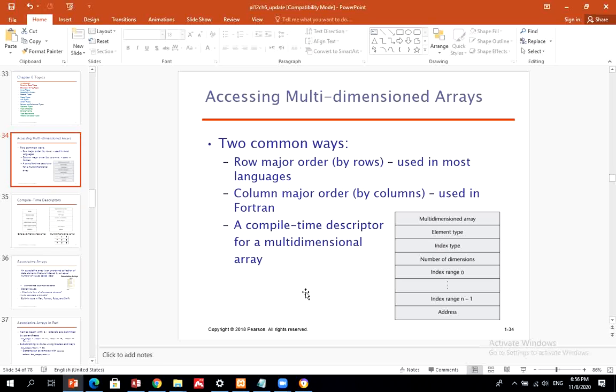There are two different ways to access the multi-dimensional array, which we call row major order and column major order. The row major order is by rows, and the column major order is by columns. So the row major order, by rows, is used in most programming languages like Java, C, C++, and other scripting languages as well. While the column major order